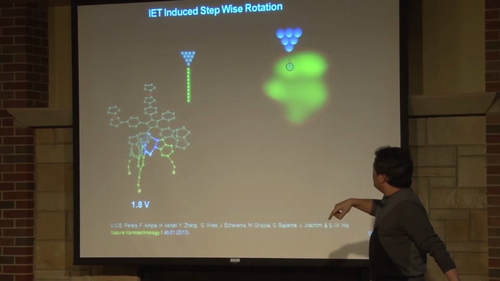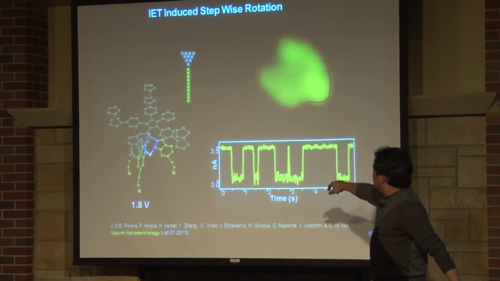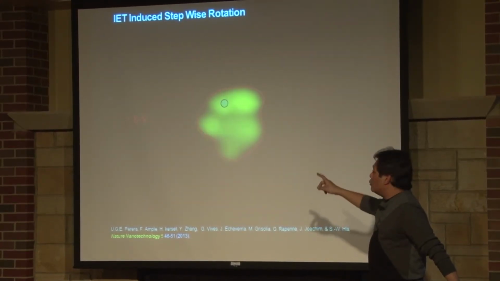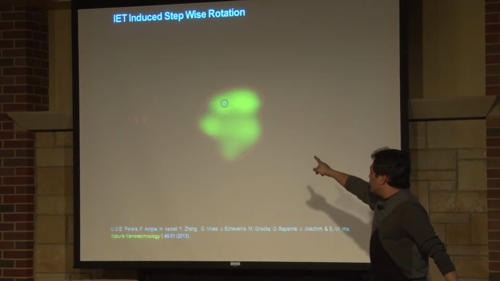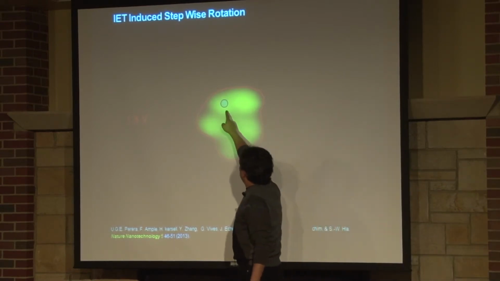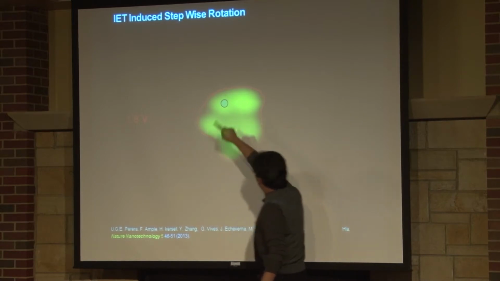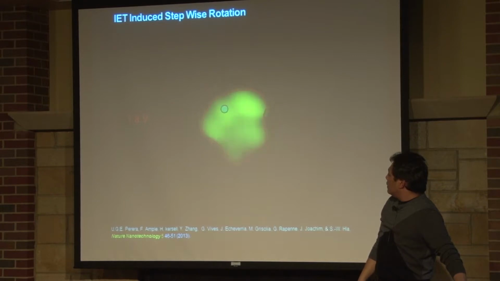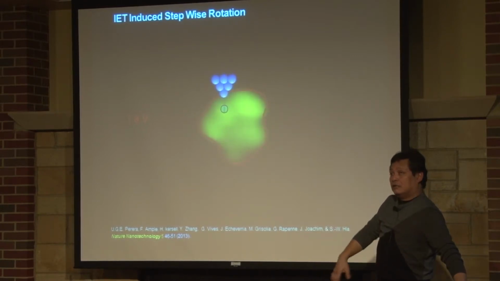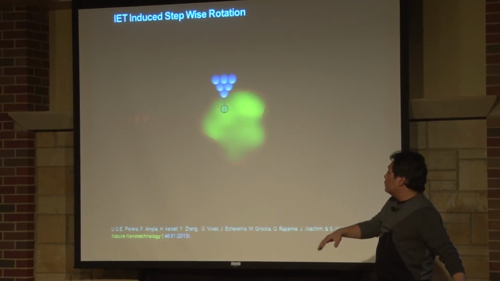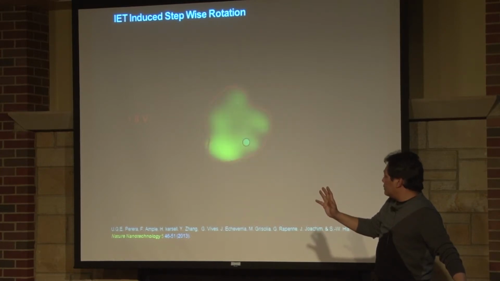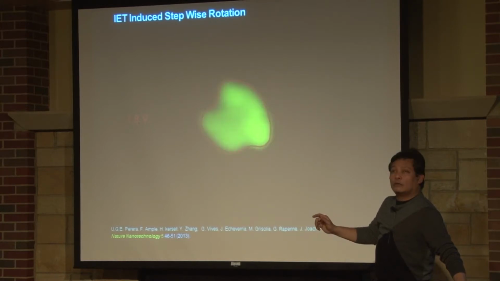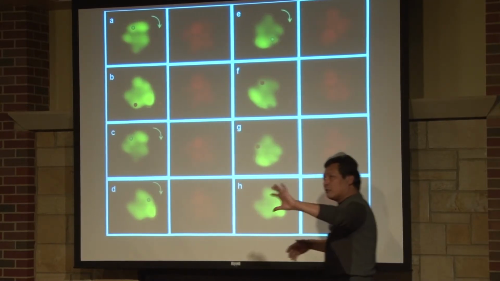We inject the electrons, we got the signal, we took the image again, we see it's rotated. We can actually control where to go, left or right. If we inject the electron in this area, it will go to the right. At this point, it will go to the left. So I show you here, right, left. Well, this should be clockwise and counterclockwise. So clockwise, more clockwise, going backward, going backward. Okay, we can control which direction to rotate.